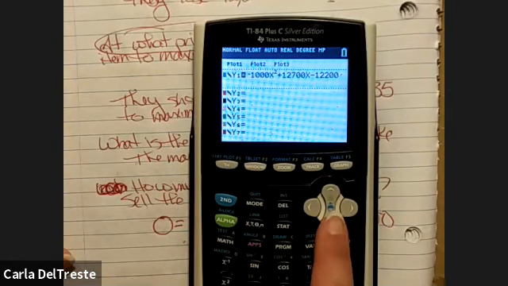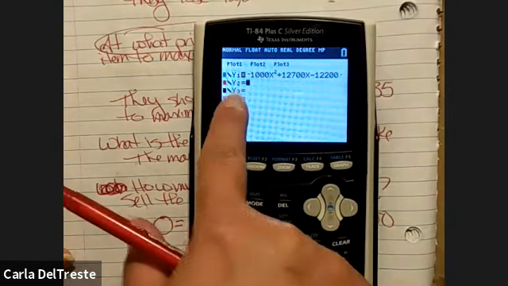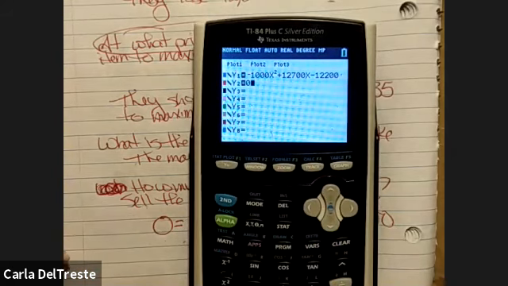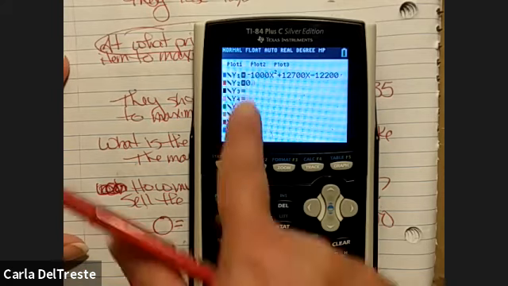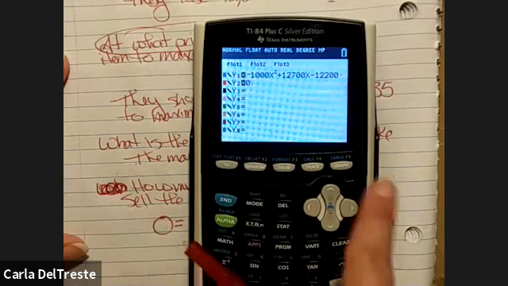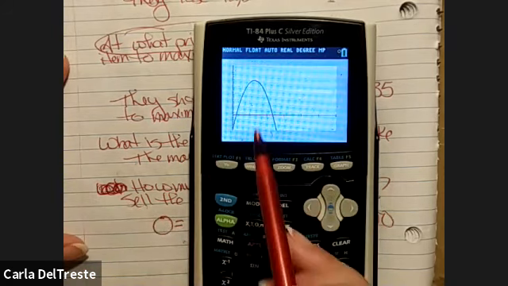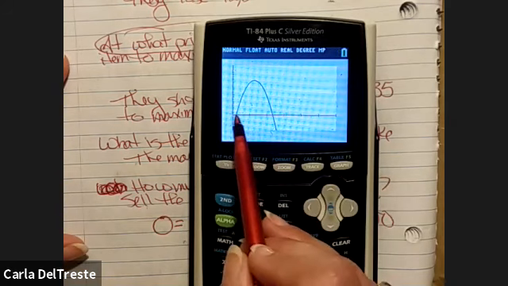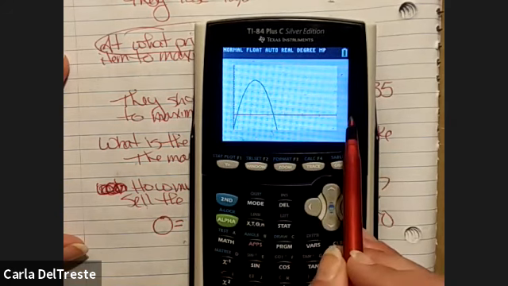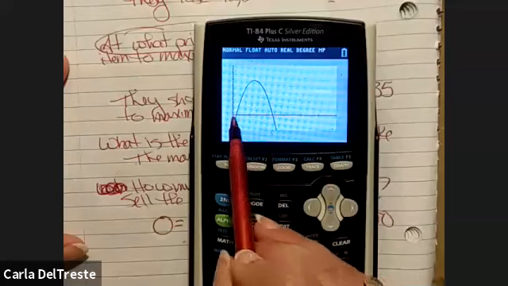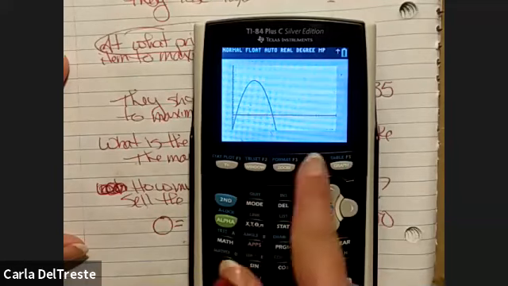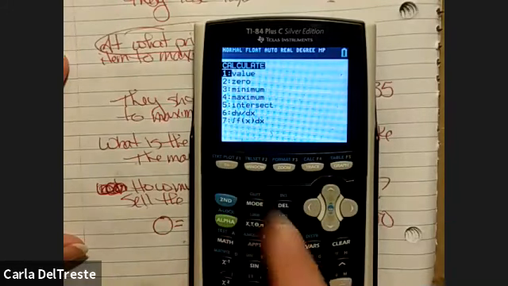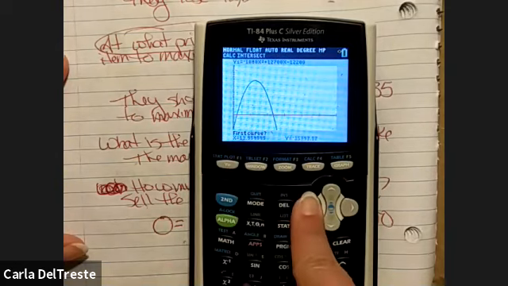Before I do that, I'm going to go into Y2 and set Y2 equal to 0 because I want to know when their profit is 0. That's an output. Go back to the graph. You might not see a line, but they're drawing a line right on the input axis. I'm looking for those 2 points of intersection. Second trace, number 5. We have to follow it twice, remember? So I have to go to the first point of intersection,